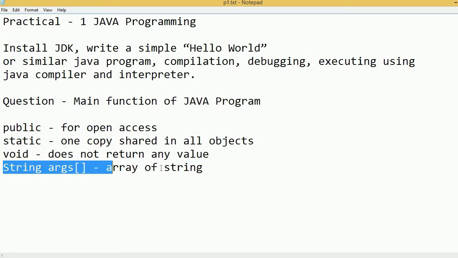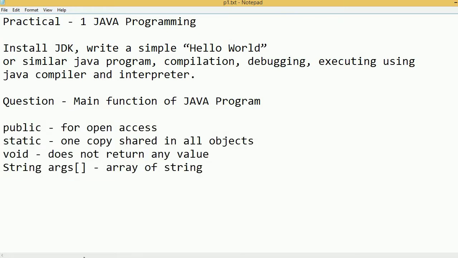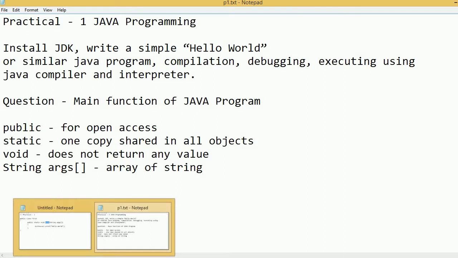And after this we have seen the String args, the main function will take the array of strings as a parameter, right? This is the meaning of all these keywords: public, static, void, main. Public is for open access, static means only one copy of the main function will be shared between objects. Void means doesn't return any value. String args, as we know, is an array of strings.